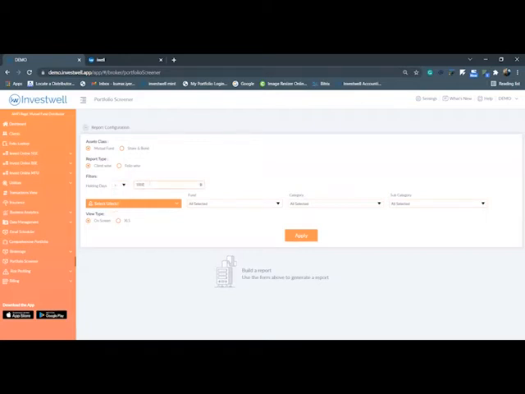Just for example, I'm generating a report under mutual fund. I'm selecting the report type as folio-wise, and I am inputting the trigger as holding days greater than 1000 days. You can even generate it AMC-specific, for example, if you want to see all the folios under a specific AMC. We have given the tab to select a specific AMC as well. Similarly, there is an option to select a specific category, like if you want to see folios beyond 1000 days in a liquid, hybrid or debt category.